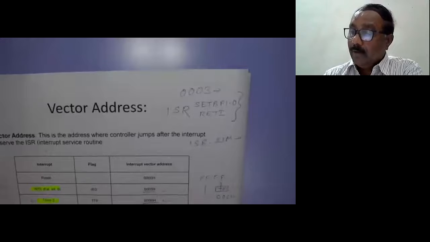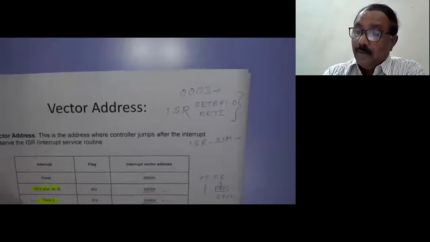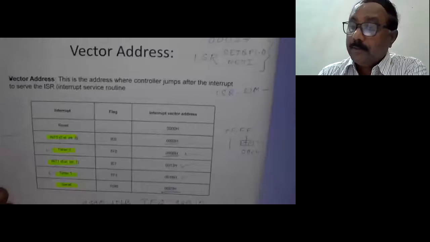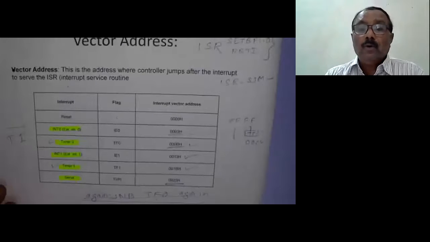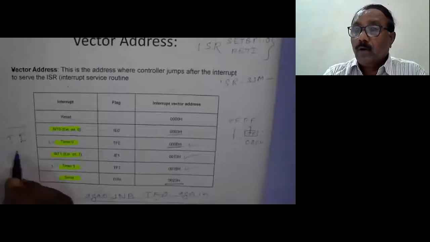For interrupt number 1, external interrupt 1, the vector location is 0013. For timer 1, the interrupt location is 001B. And for serial communication, the vector address is 0023. In case of serial communication, what happens? When all data is transmitted, the TI flag becomes 1. In the polling method, the microcontroller is engaged in checking whether the TI flag is 1 or not.